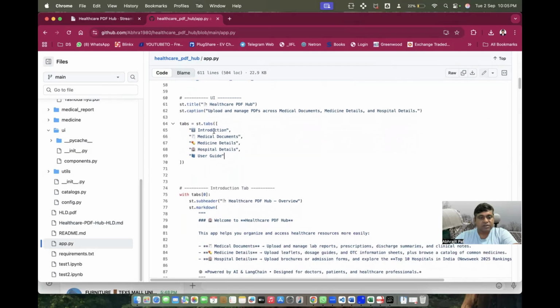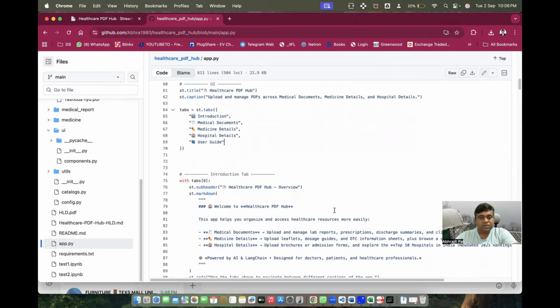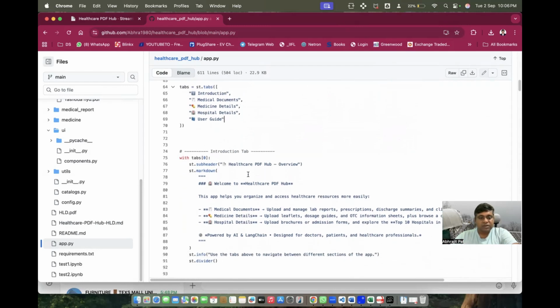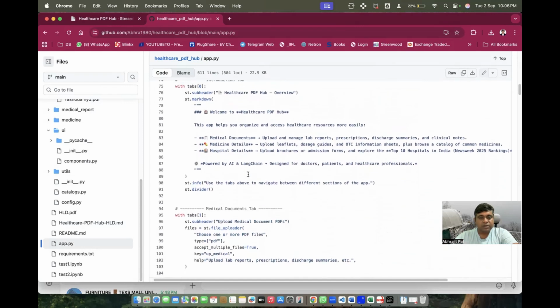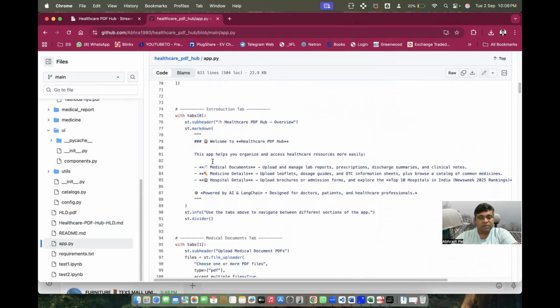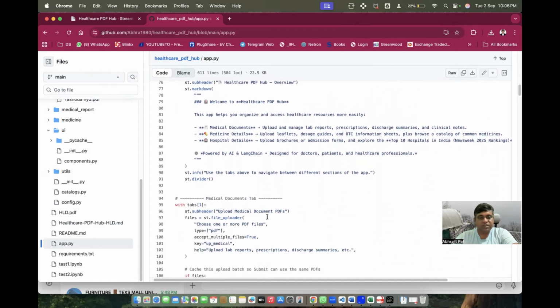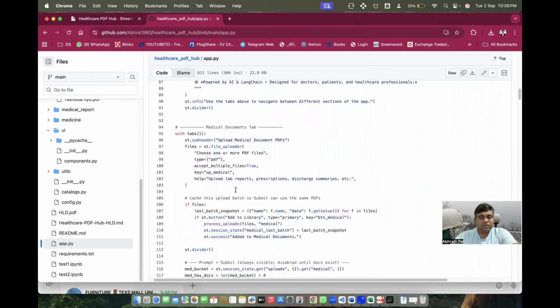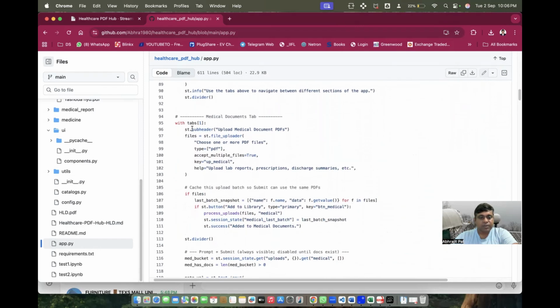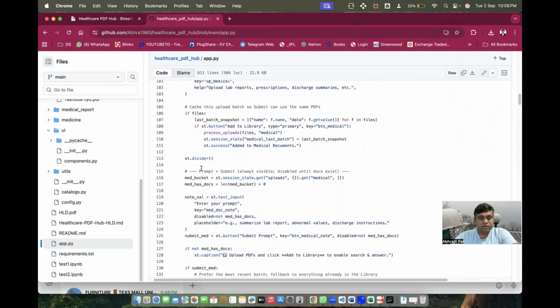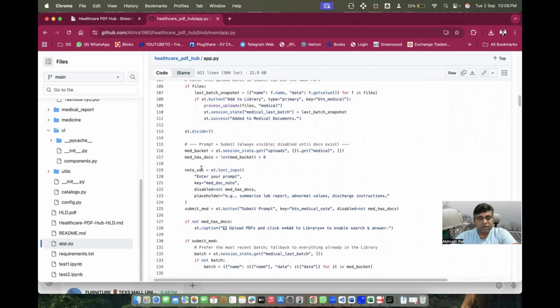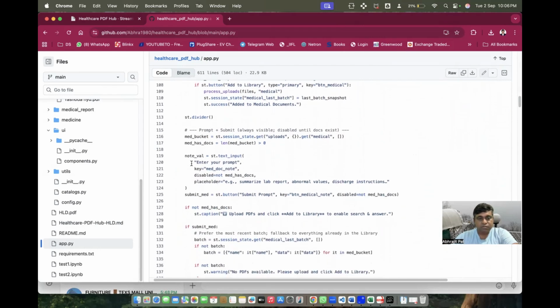After the introduction, I called it the introduction tab, giving it a name. This part is commented out, so obviously there is no role in it. After that, these are the parts that go into your introduction tab, and that's what is mentioned. Then again this is your medical document tab. This is part of the Streamlit things, but your main thing will start from